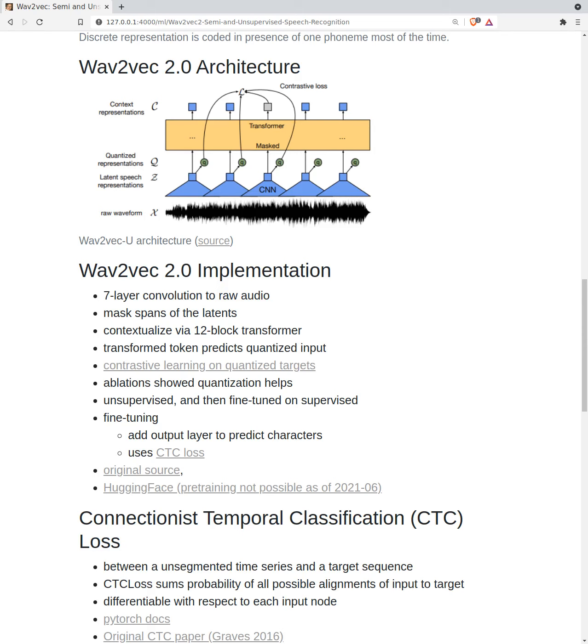All right, so what do we do with the quantizations? Well, the quantized vectors are then participating in a contrastive loss, where the transformer tries to recover masked inputs, sort of, for masked inputs, what quantizations correspond to them. So it doesn't directly predict the masked input itself, it predicts the corresponding quantization.